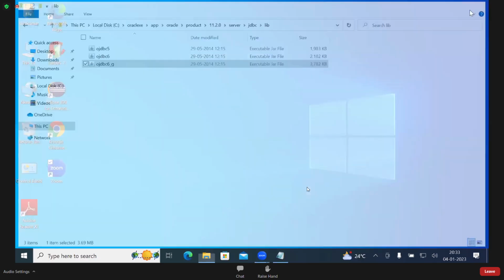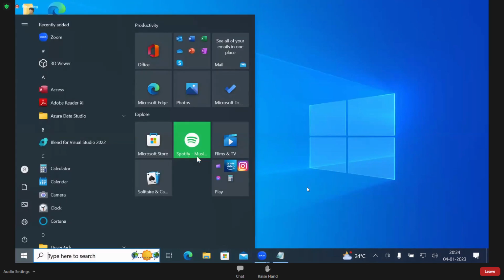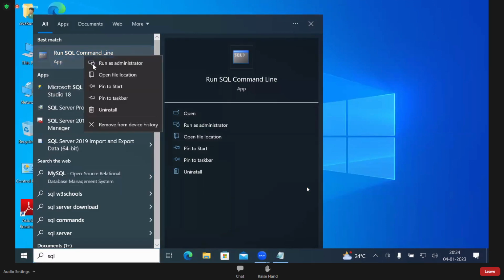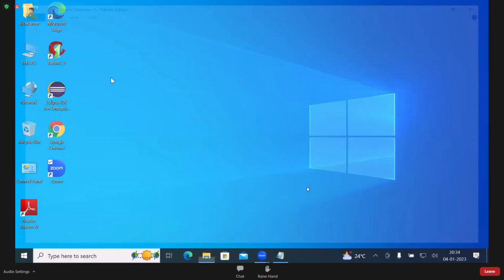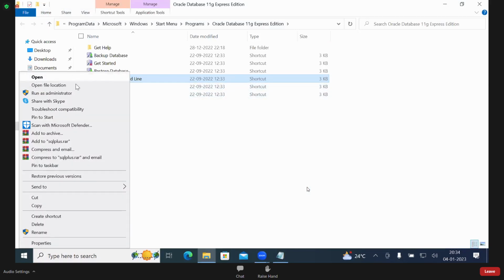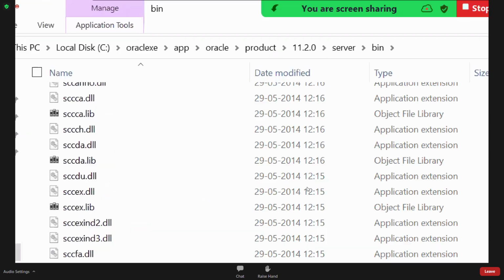See, once again how to open. Even if you don't know how to see that location, see what you do. Start, search for SQL Plus. Right click, open file location. This is a shortcut showing. Again right click, open file location. Here in this location, server appears, not 11.2.0 or 19.2.0 or 21, whatever it may be.